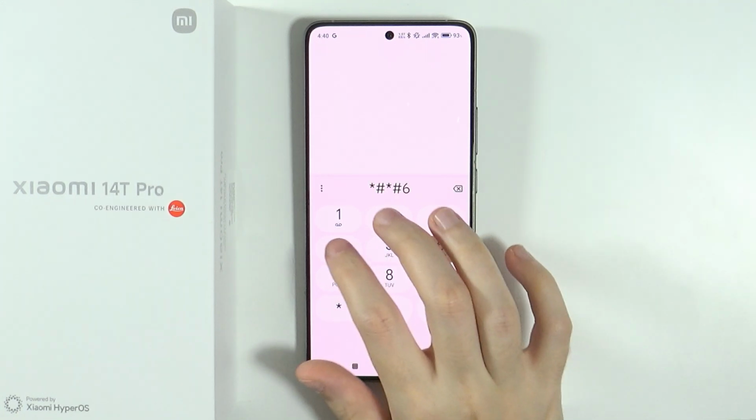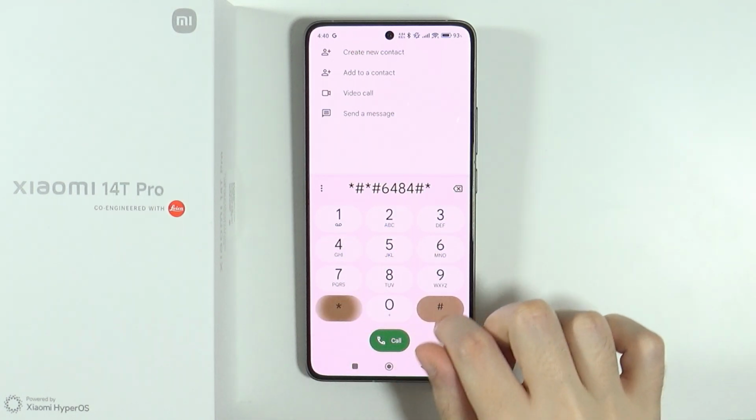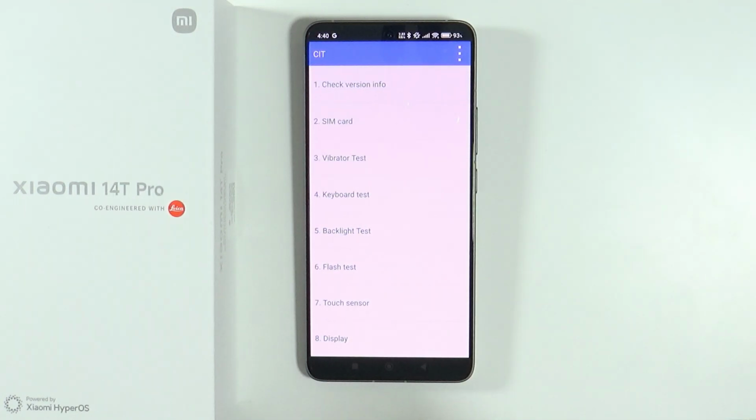Then we have another hardware test menu, but this time, wrong code, like so. But this time we're gonna use 6, 4, 8, and 4. There we go. And this is the CIT menu, the hardware test menu, where we can check the general status